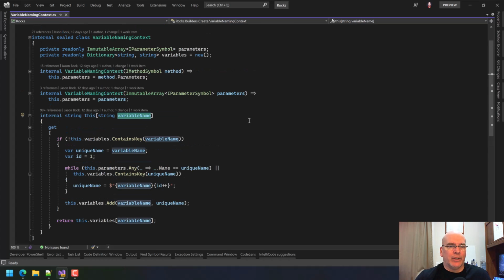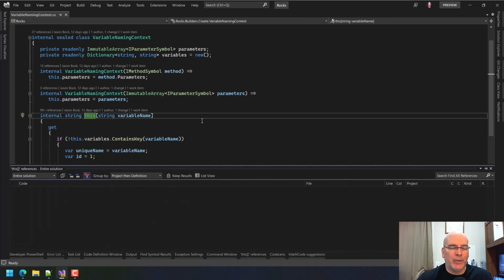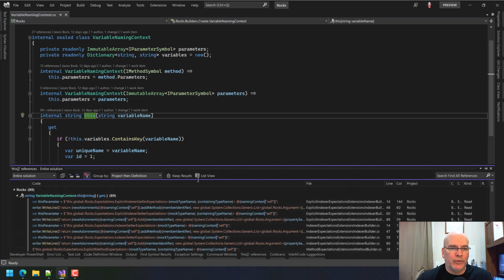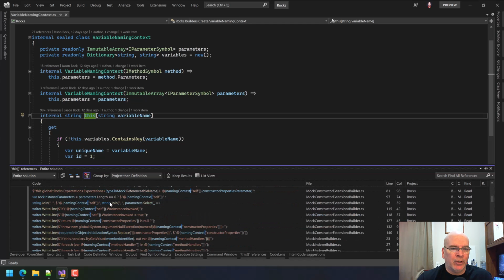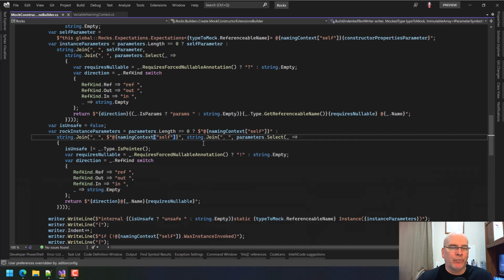And if I look at where I've been using this, which is now everywhere I make a variable, I do this. So let's see if I can find one that's easy to see what it's doing. So just for example, like a spot where I have an extension method, even self, I will now use everywhere, I just say namingContext self.